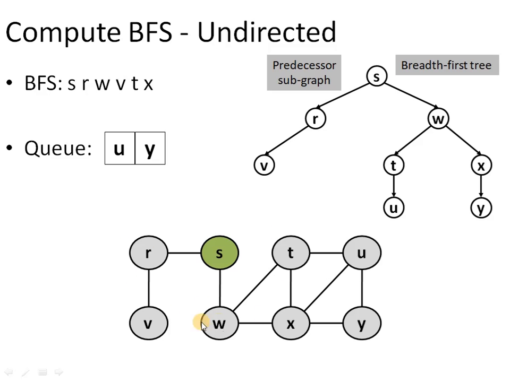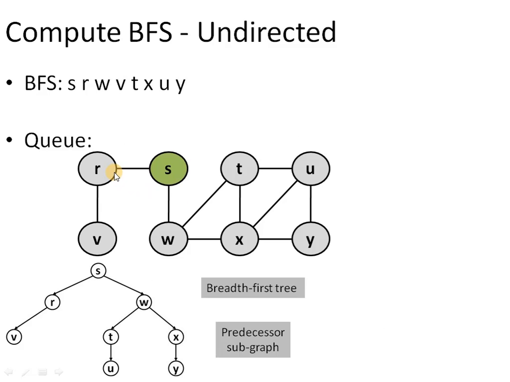Now we have explored all the vertices, so now no NQ operation will be executed. Next, U will be DQ'd. All the adjacent vertices are already explored, so no change will be there. Then Y will be DQ'd, and the two vertices adjacent to Y are X and U, and they are already explored. So after this, the Q becomes empty, and the BFS sequence we obtained is this for the given graph using S as the source vertex, and the corresponding predecessor subgraph, that is the breadth first tree, is